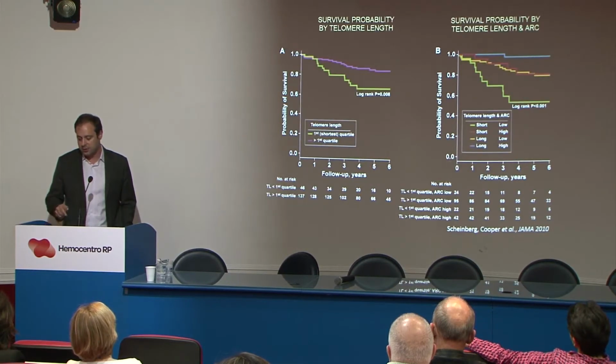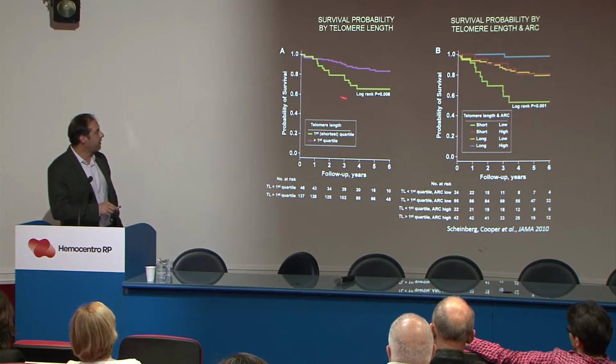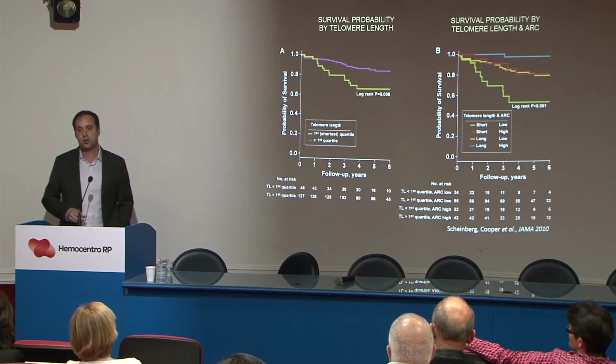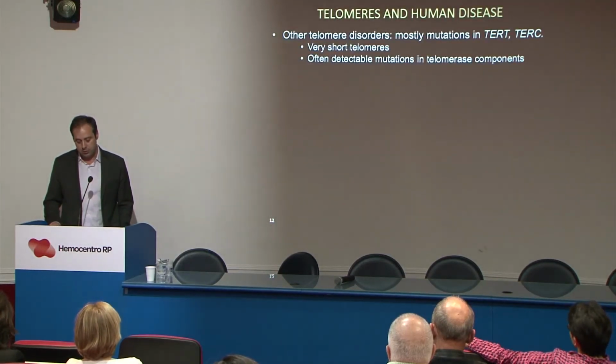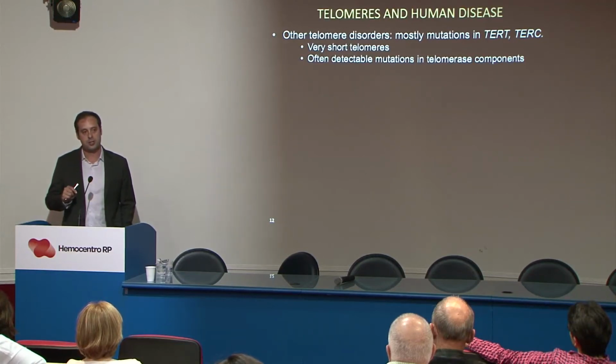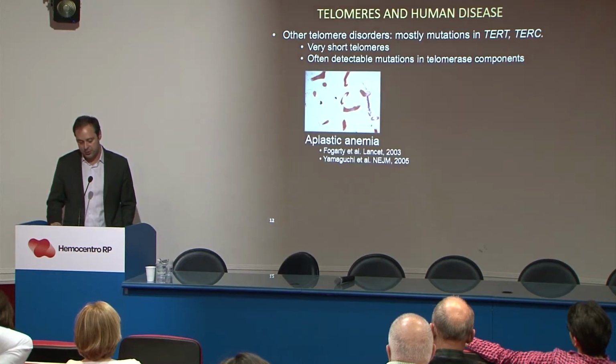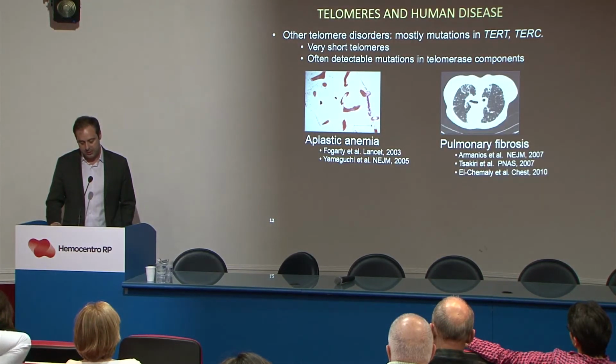And this translates into overall survival, as we see that patients who had shorter telomeres at diagnosis had a worse prognosis over time. So not only do short telomeres cause aplastic anemia, but there are other diseases caused by very short telomeres, in addition to aplastic anemia,